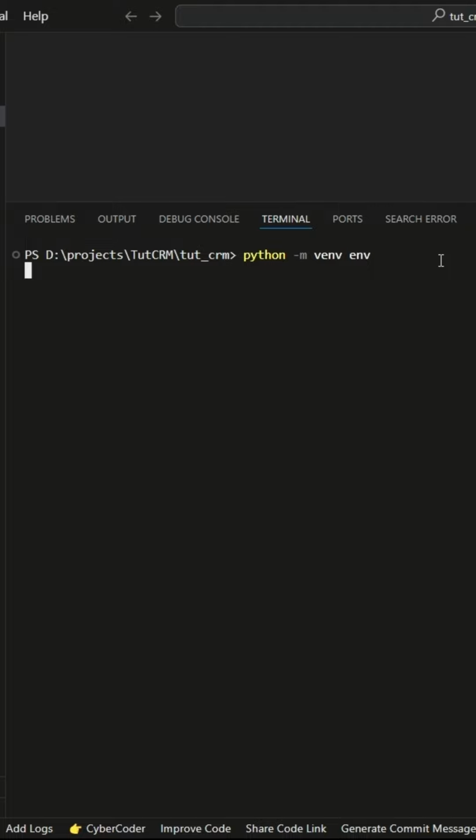Here you see a directory named env has been created. If you expand it, you will see a subdirectory named scripts. Since I am developing the project on Windows OS, a subdirectory named scripts has been created. In case of Linux or Mac OS, it would have been created with the name bin, which I will show in the next section. Now we will activate the virtual environment, so type